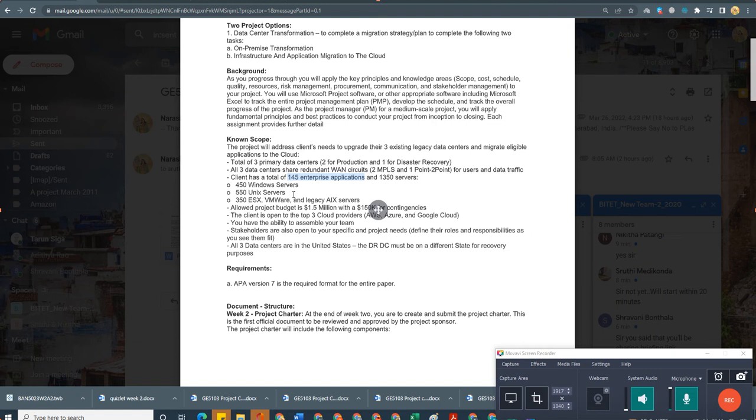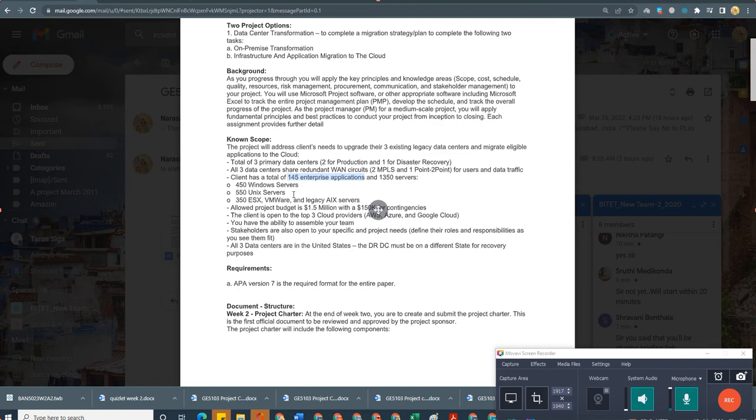So the disaster recovery data center, what does it do? For example, you have 2 data centers, right? There is replication of data. If you store some data in data center X, that will be replicated and stored in the disaster recovery data center. If some natural calamity or some issue happens to the actual data center, immediately whatever data already exists in the disaster recovery data center will be used as a replacement. So for that purpose we will be using a disaster recovery data center. I hope you understood the concept.